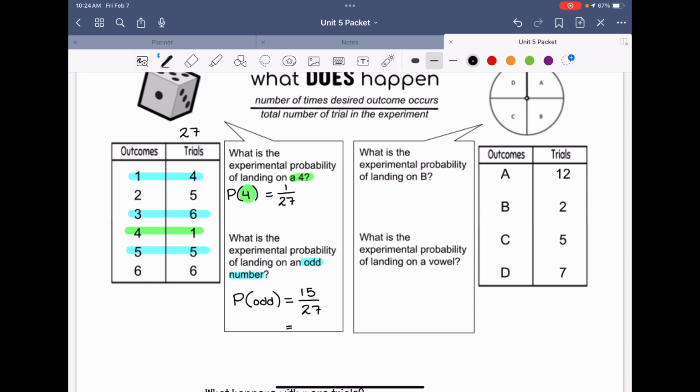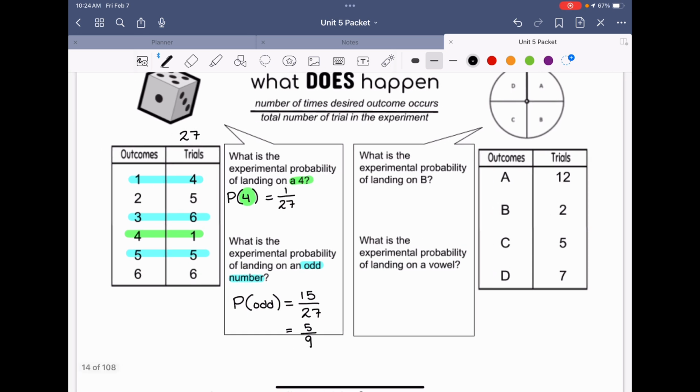So 15 over 27 becomes 5 ninths. Okay, what is the experimental probability of landing on B? So I'm going to take a look at B. They have 2 trials, and I'm going to add up 12, 2, 5, and 7. In total, there are 26 trials. So the probability of landing on B equals 2 out of 26. And I'm going to simplify